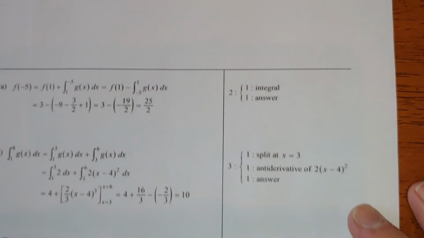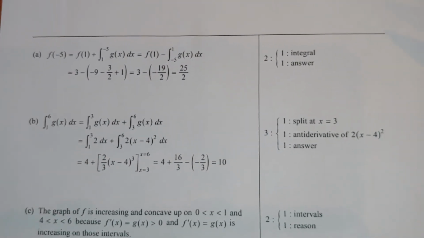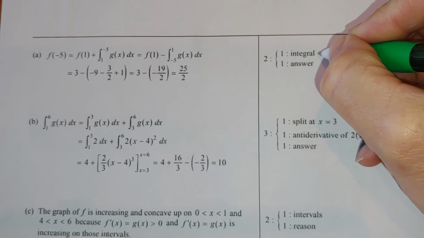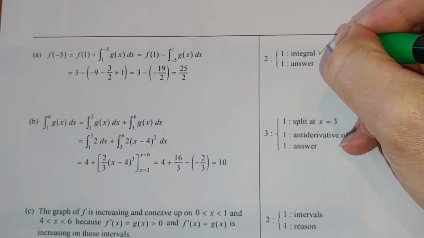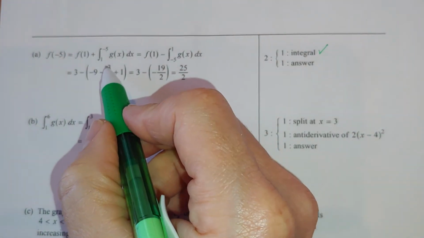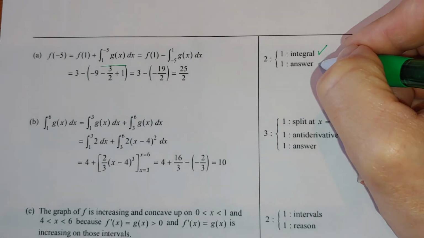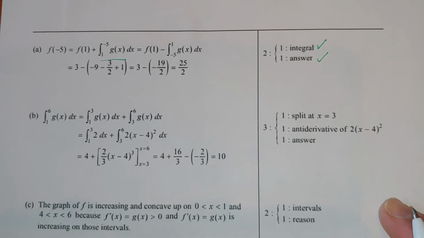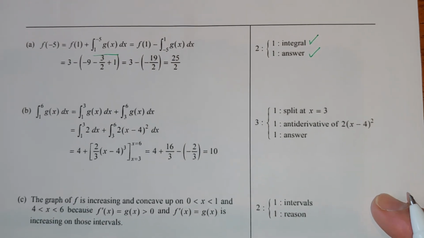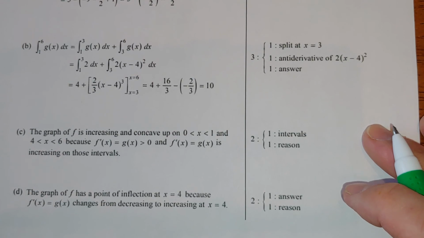Now let's look at the scoring rubric and we will be done. Go back and take your work and try to score yourself as best you can. In letter A, we're giving 1 point for the integral, and the integral is not necessarily needing the initial condition. And then 1 point for the answer, and it may be unclean. So if you didn't include your initial condition, it would come off of the answer point. Letter B,